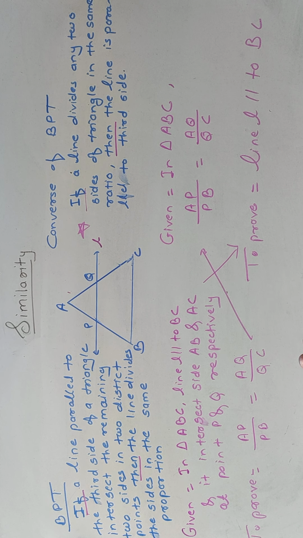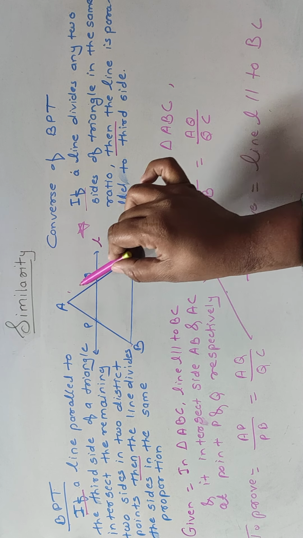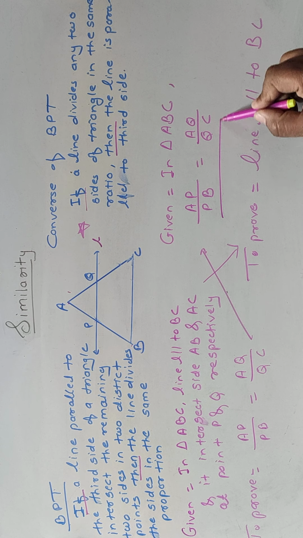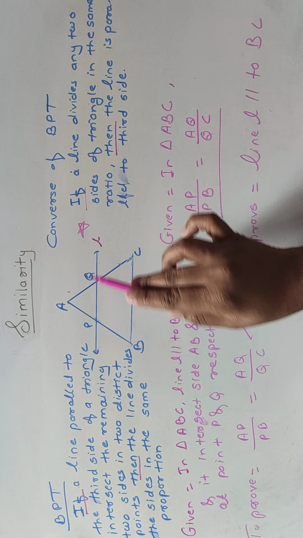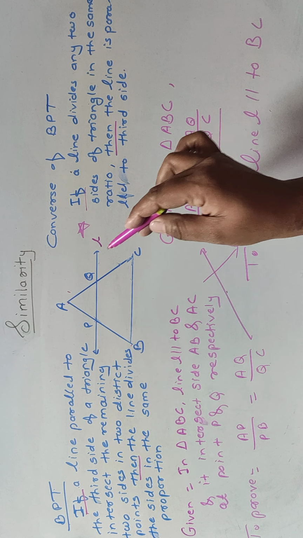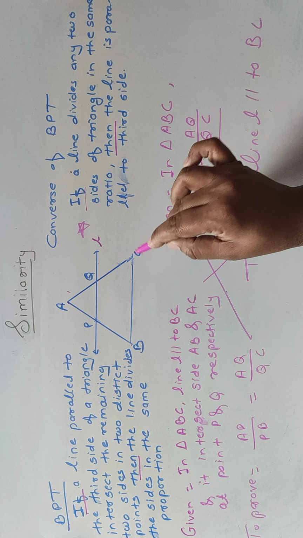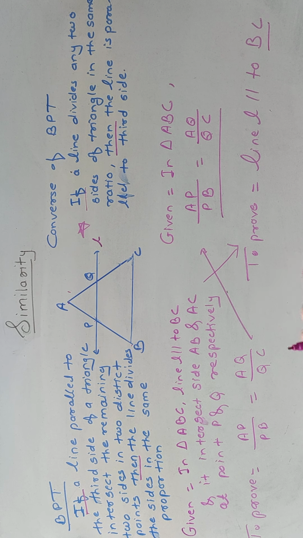So from this we understand that when they give us that the ratios are equal, meaning AP upon PB is equal to AQ upon QC, then the line which intersects the two sides of the triangle at two distinct points, P and Q, is parallel to side BC. And you have to copy this down from your textbook, just draw the figures and all, and just copy. Thank you.